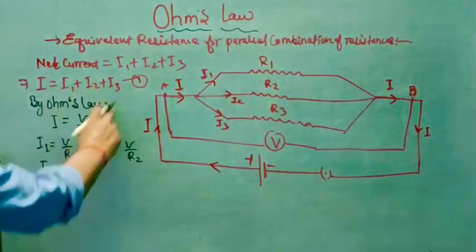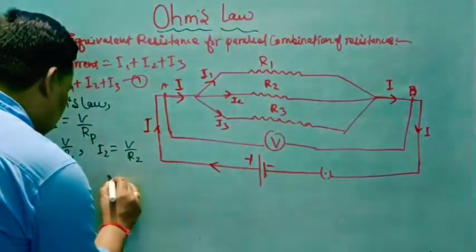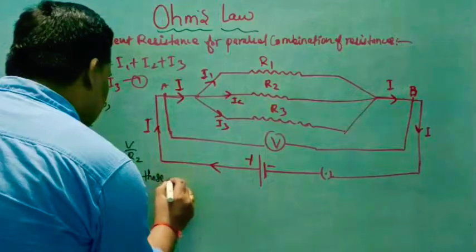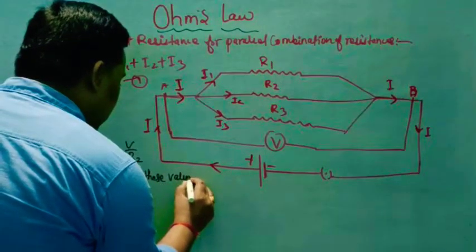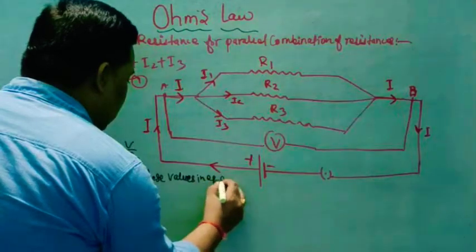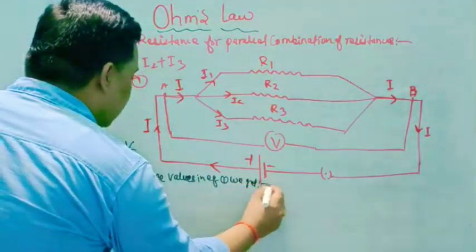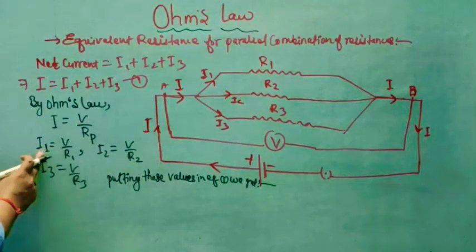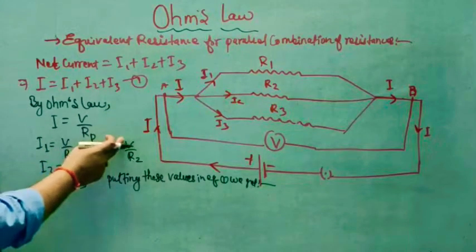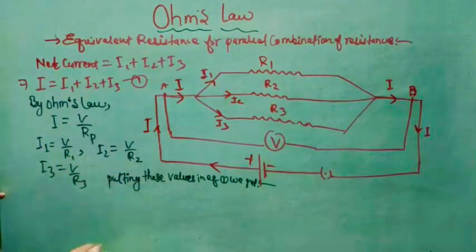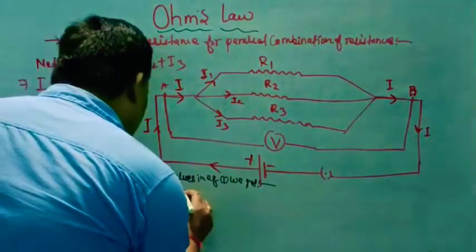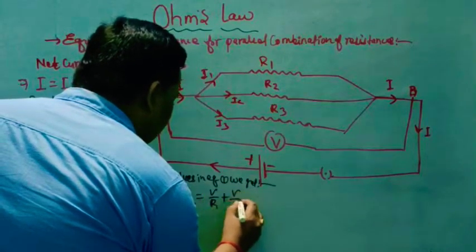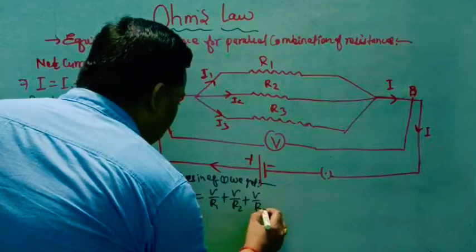Now, putting all these values in equation first, we get: I को रिप्लेस कर देना है V बाई RP से, I1 को V बाई R1 से, I2 V बाई R2 से, इसमें रिप्लेस करके इवैल्यूएट कर देंगे. So V upon RP is equal to V बाई R1 प्लस V बाई R2 प्लस V बाई R3